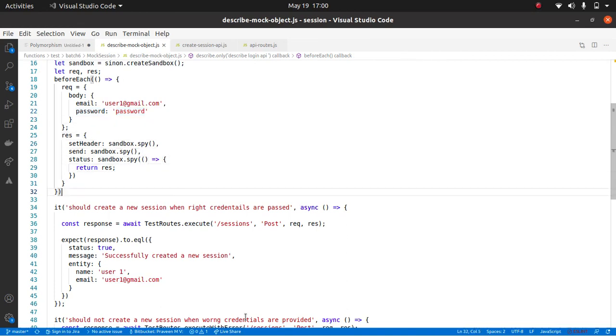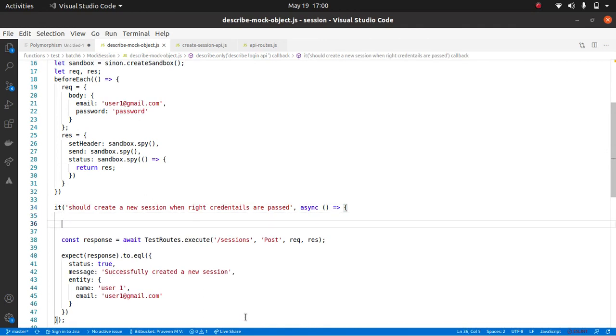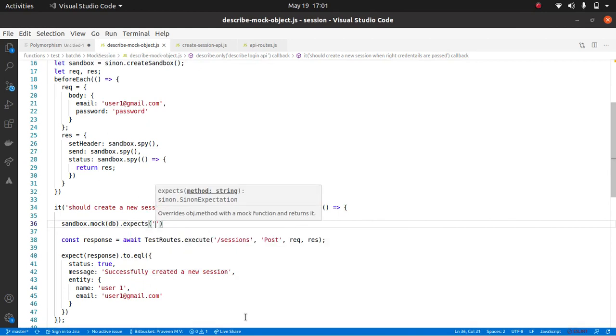So what I will basically do is, I'm going to create a mock object, sandbox dot mock. Which object am I going to mock? DB. Correct. So this is the dependency that I want to use. So I'm telling I'm going to use this dependency and I want to mock this object dot expects. So we are telling this mock object expects a method. Which method should I call? DB dot? No, in DB you have multiple. DB dot execute. Instead of execute, I'll use find one because you want to find a user, right? I'll basically type find one, right?